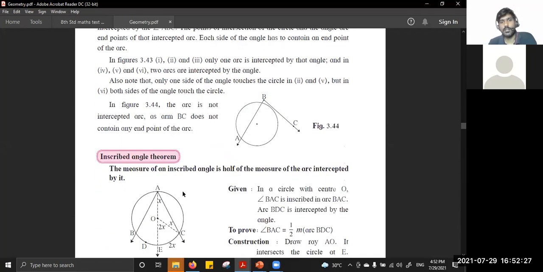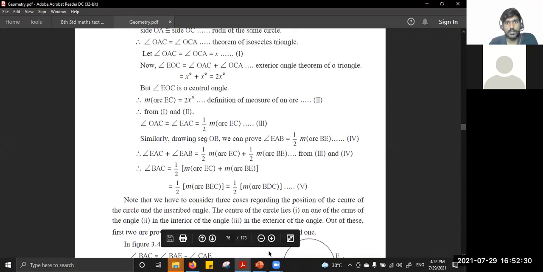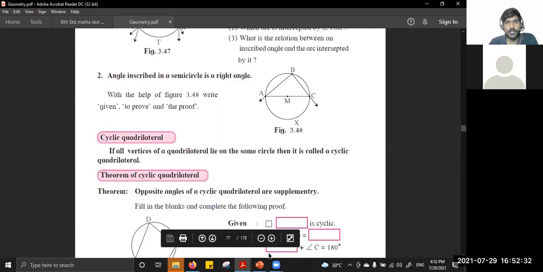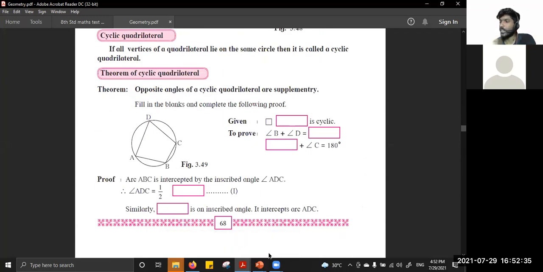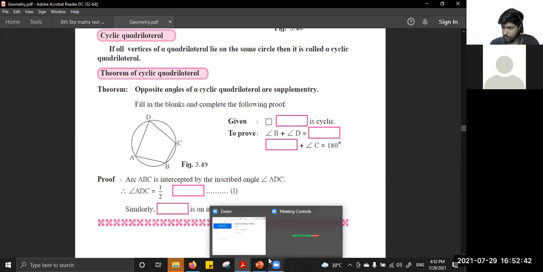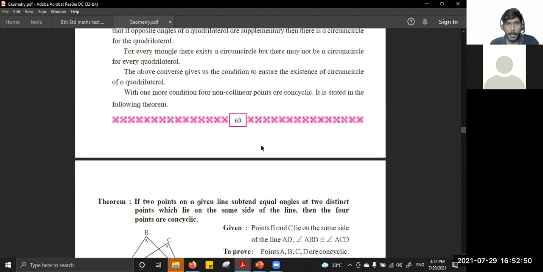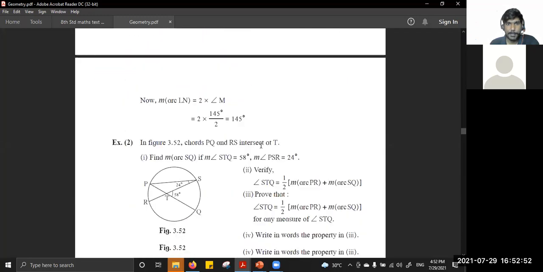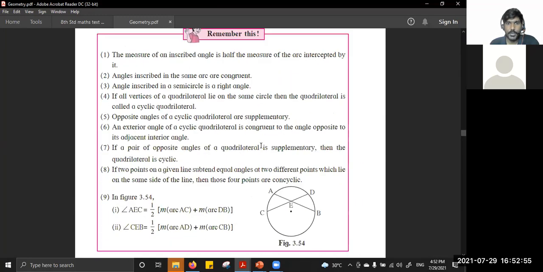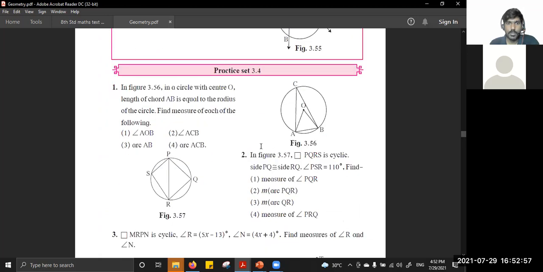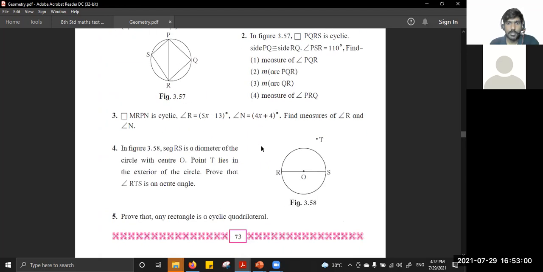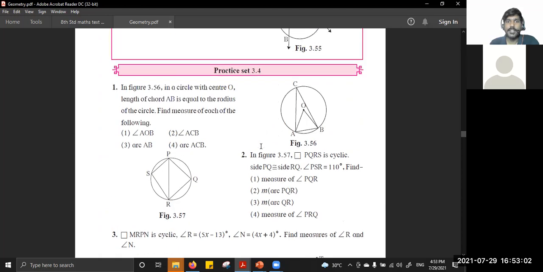3.4 is on page 73, and you are saying 72, so everything is gone, right? 75 onwards is not there. Yes, 72 is there. From 75 onwards, it's not there. Yeah, 75 to 82 our school has cancelled. Directly you reach problem set 3. So the bridges in the middle practice set are cancelled.